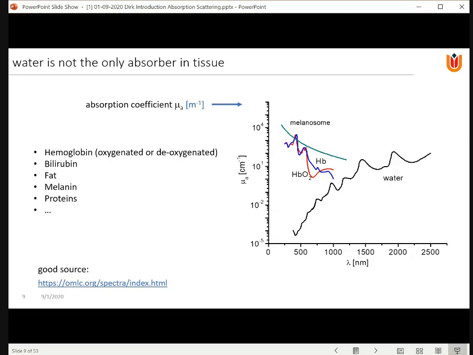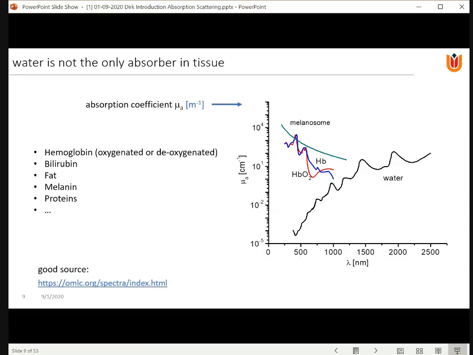And the nice thing you can see here is that apparently when hemoglobin binds to oxygen, there are some morphological changes in the molecule, which causes its absorption spectrum to change. So these two hemoglobin compounds have different absorption spectra, and that is of course great, because that means we can use light at such a wavelength where they are different to differentiate between these two compounds, and we can non-invasively try to measure how much oxygen is bound to hemoglobin. You have all seen, I guess, these pulse oximeters that slide around your finger. That is just a measurement that takes